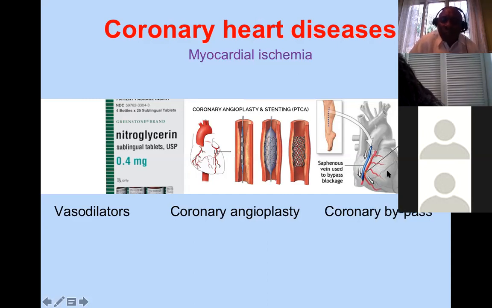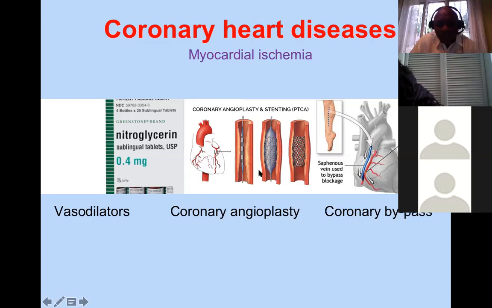So in this case, the surgeon or the cardiologist would take a blood vessel from the thigh, remove the blocked coronary vessel, and replace it with a vessel from the thigh. So this is the coronary bypass. Okay, so